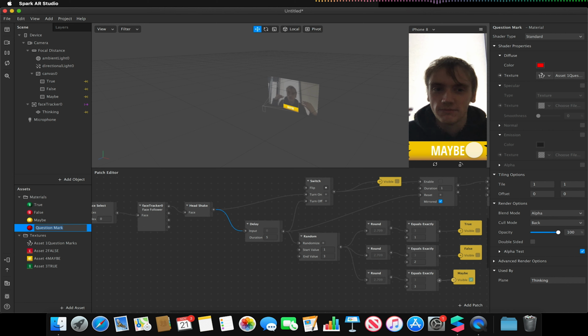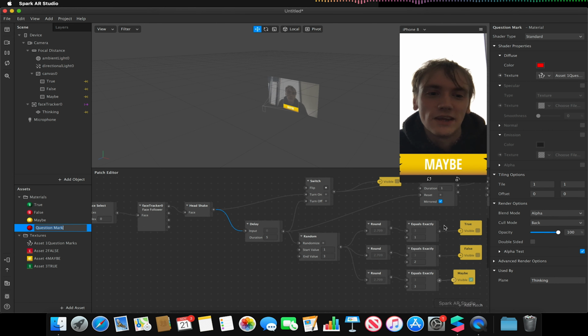You know, again, you can go crazy with this, but obviously, it's just a case of repeating these steps and making sure that everything is linked and rounded to nearest value. It doesn't have to be equals exactly. It could be if it equals less than 1, then it performs an action. You know, there's other actions we can link from that, but I do recommend if using a random to also use a round just to make your life easier. But yeah, that has been creating a simple randomizer with Spark AR Studio, and I would love to see what you create with this,